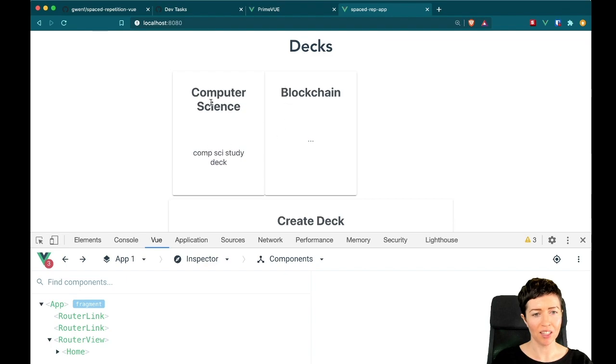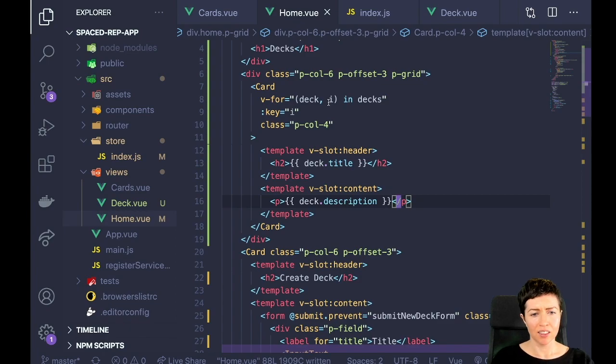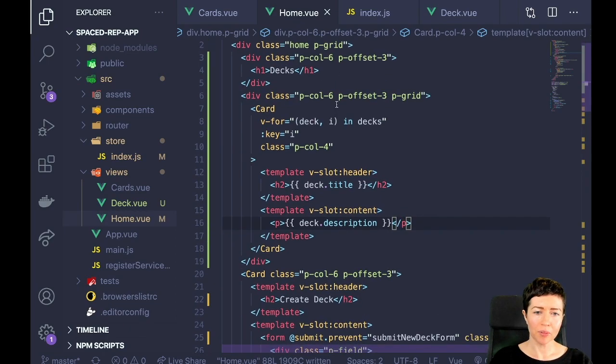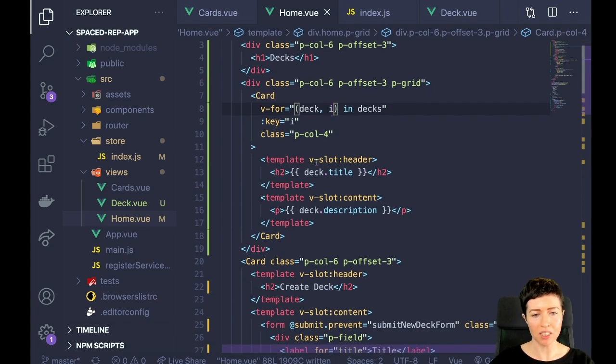Let's see. Now I have these. Let me make just the title clickable then. And to do that, I'm going to create a page that only exists at, let's see, deck/deck ID, but I don't have an ID for the deck yet. So I guess what I'm going to do is just use the index for right now, the index in the array, because when I create a backend for this, I'll have an ID that's generated for each deck, but I don't have that right now. So what I'll do in the meantime is,